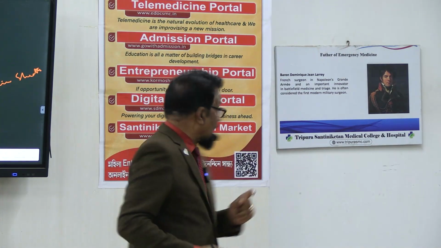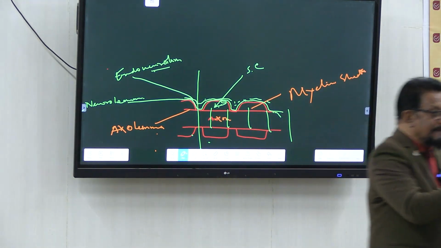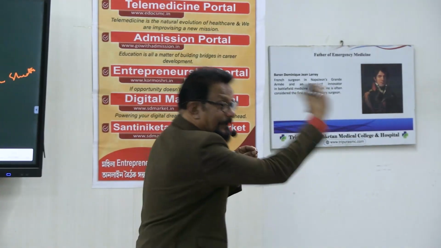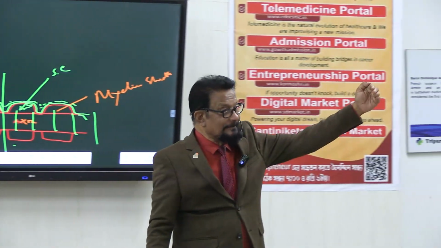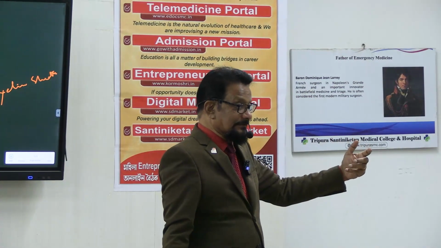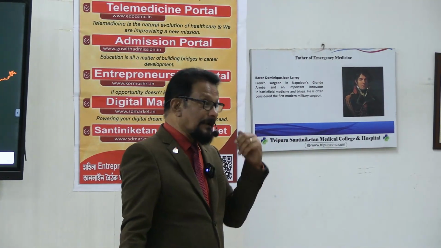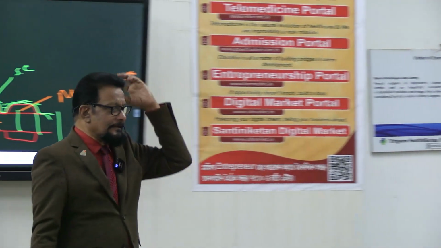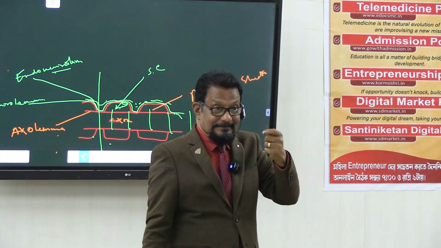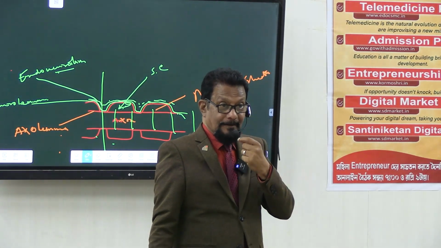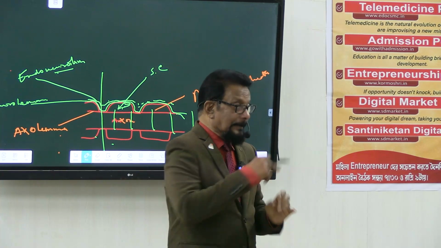So these are the changes, and another change is there. This terminal is going somewhere, either making a synaptic junction with another neuron. So this reaction will proceed up to that part, towards the end of this neuron. And in severe cases, the next part also can show degenerative changes depending upon the severity. We have seen, if there is an injury in the cerebral cortex, the pyramidal tract, the nerves are coming from there. The injury is at the brain, where this pyramidal tract passes through the spinal cord, and in the spinal cord,